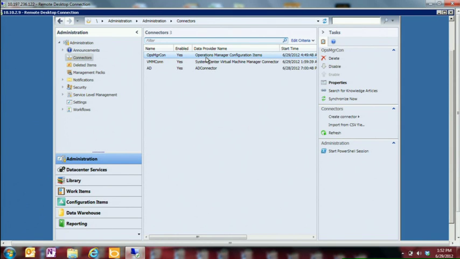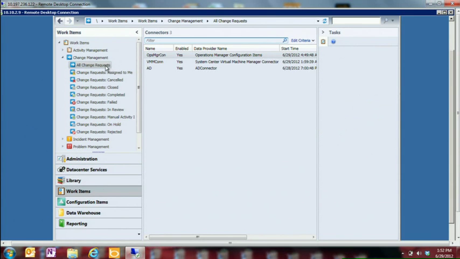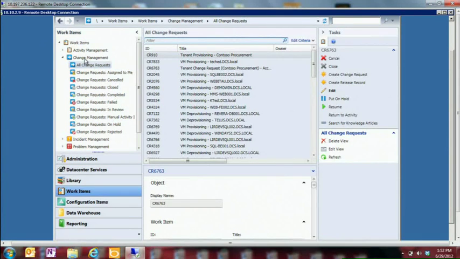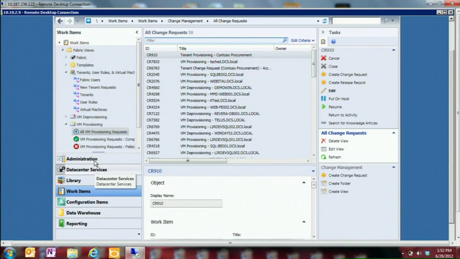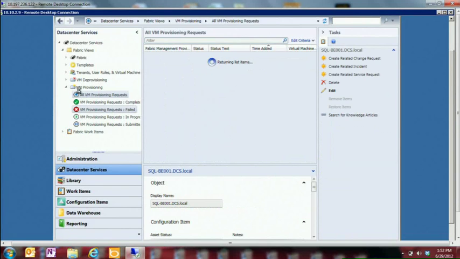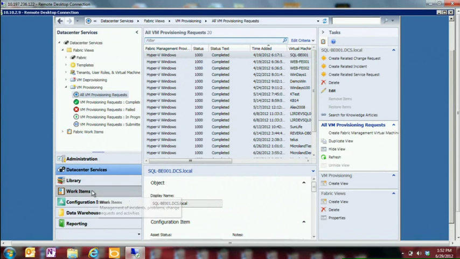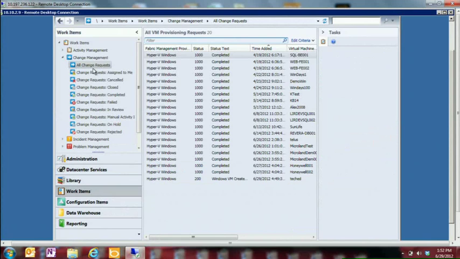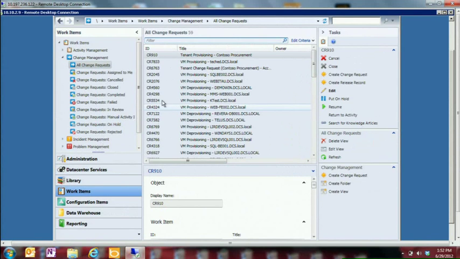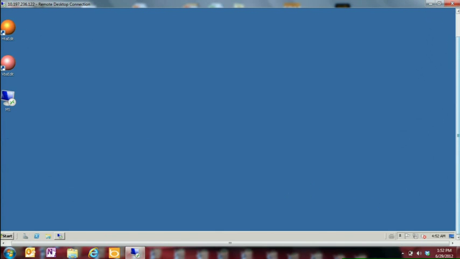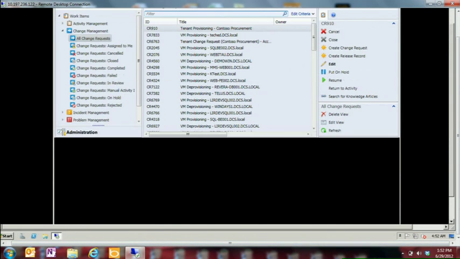And we have the work items here. So we see all the change requests, all these areas. So we can always look, and we can also see open requests, what's going on. So we can see all the different things on the Service Manager. That's one area we have in this solution. Second area,